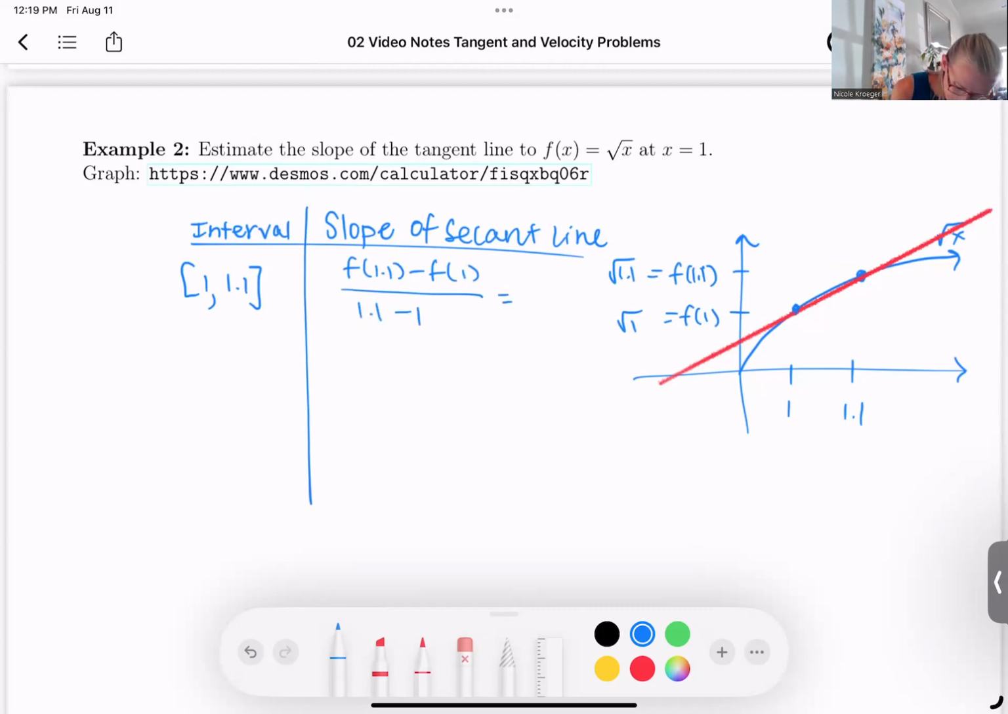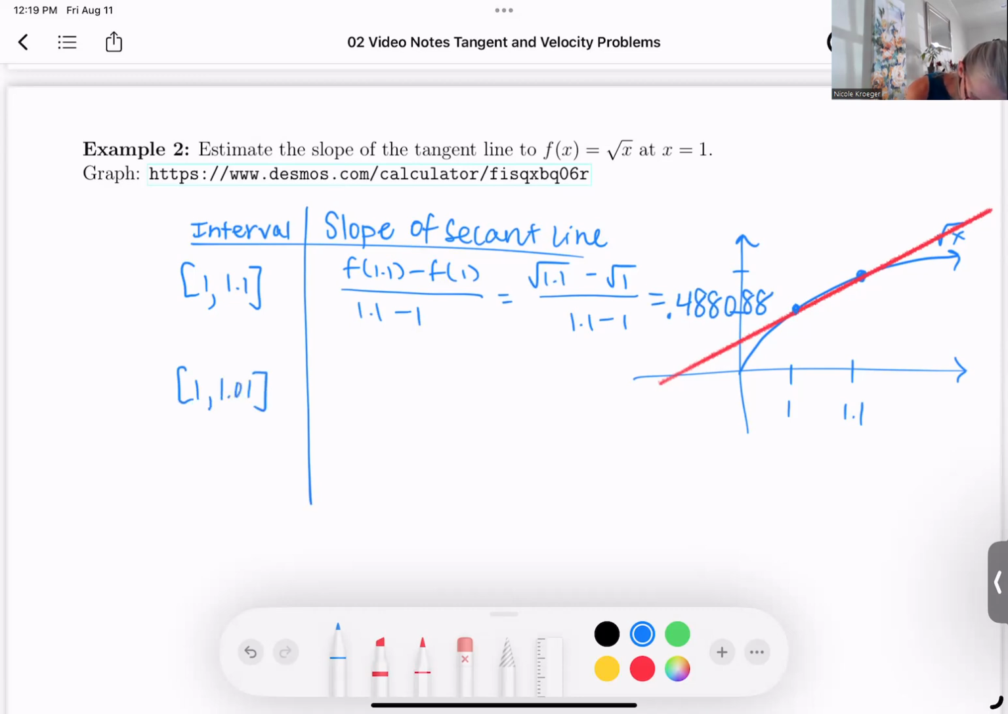And so remembering here, our function is square root of x. So I'll have square root of 1.1 minus square root of 1 over 1.1 minus 1, and type that into a calculator. Keep a lot of decimal places, like 5 or 6 decimal places for these types of problems. So you get 0.488088. Okay. So that secant line is an approximation of the slope of the tangent line. We want to take points that are closer and closer to x equals 1 so we can see what these slopes are doing. So let's pick another point that's closer to 1, like 1.01, and then we'll pick